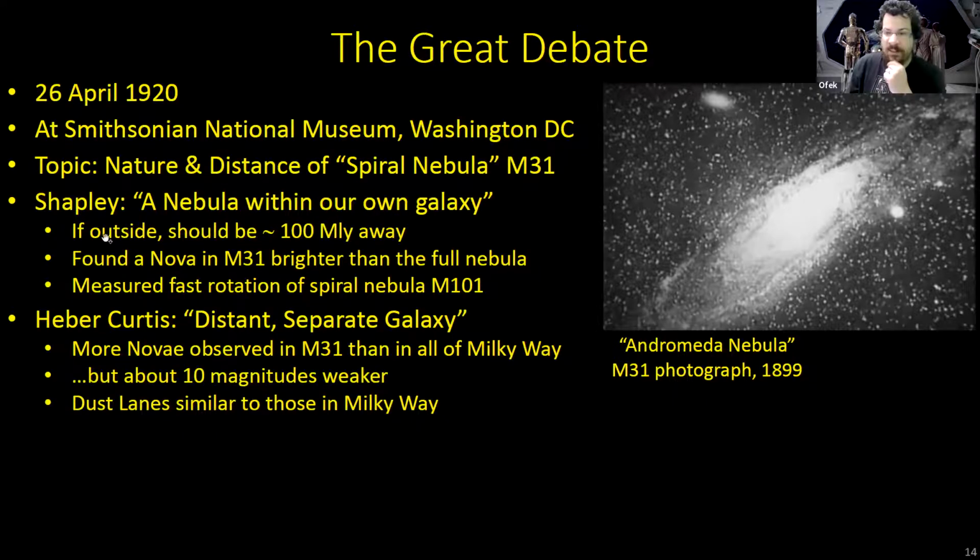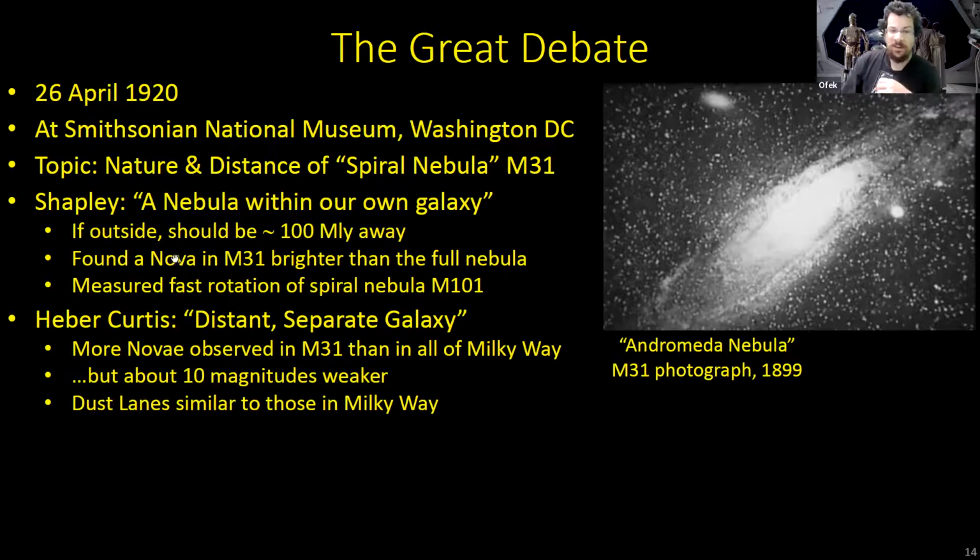One of them was that if it's an external object, it would have to be very, very far away. It would have to be on the order of 100 million light years away. Because again, our galaxy itself, they realized, was quite large, tens of thousands or 100,000 light years. And this would have to be even further away to appear to us as it does. And that is very strange, farther than they thought something like that would be possible.